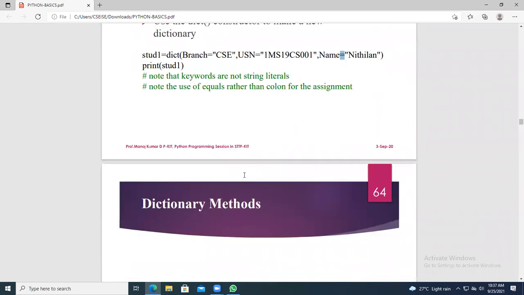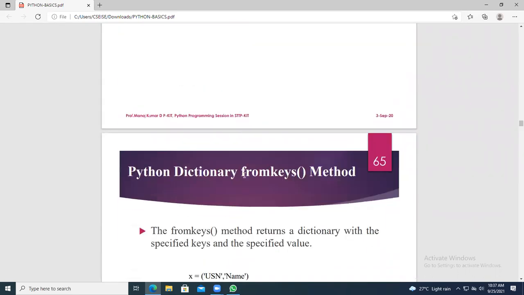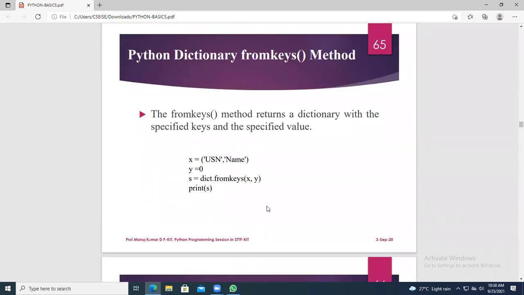Now you come to the dictionary methods. Dictionary methods consist of brackets open and close. What is the first method you are having? fromkeys. fromkeys will return a dictionary with the keys and the specified value. fromkeys takes 2 parameters.